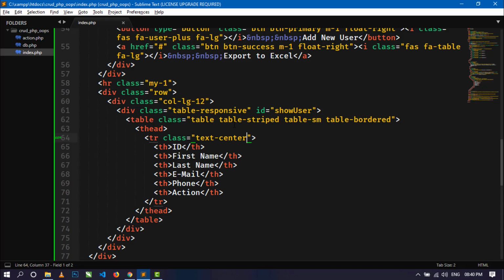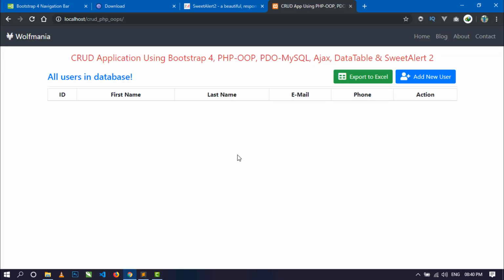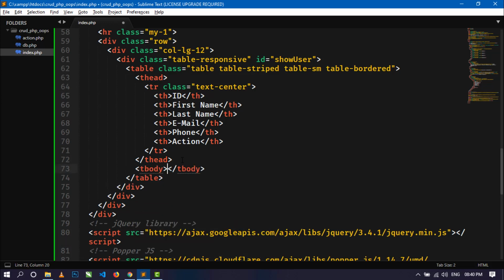Now let's generate some fake records using PHP, some fake static records. Okay, later I will connect with the database and then fetch all records from the database and display, but now I will just create some dummy fake records to display in the page how it looks like. Okay, so now here I will create the body